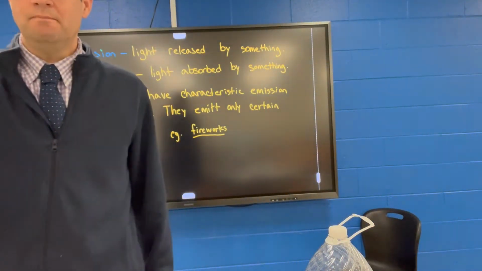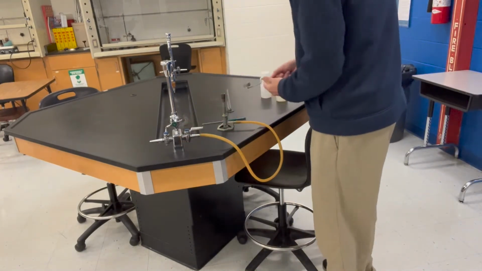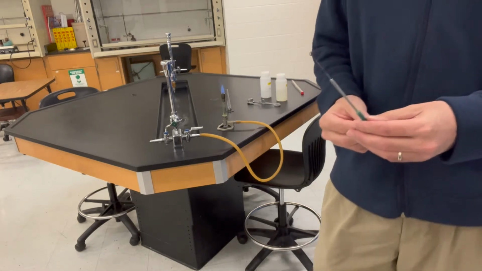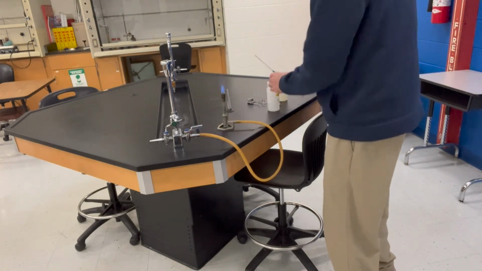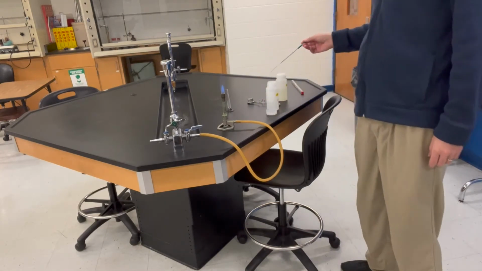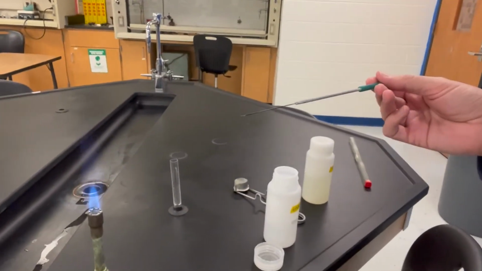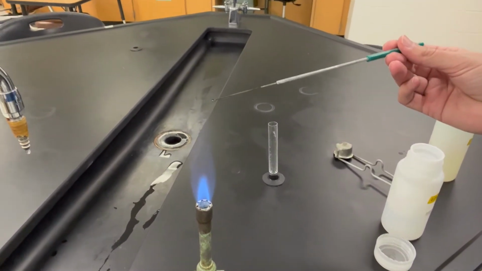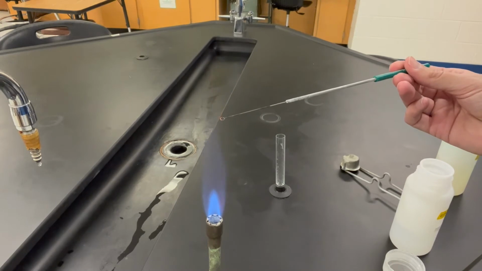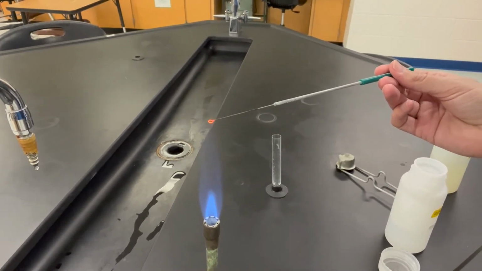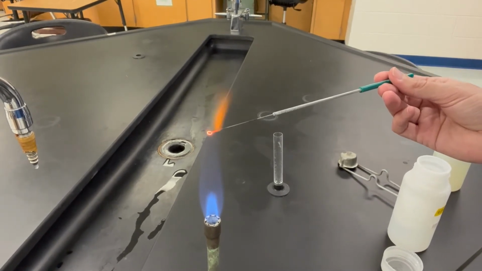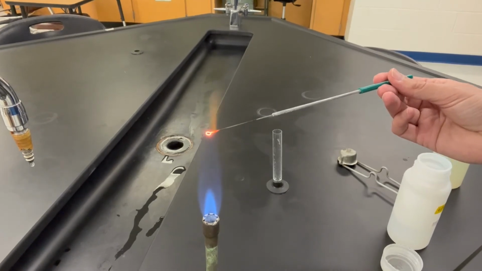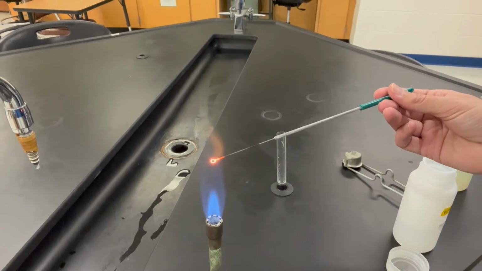Let me get my flame up here again. And this should be readily apparent even far away on the camera. So I'm going to dip this wire into one of these solutions here. I'm going to do barium here. And I'm going to observe the color, okay? Does everybody see a greenish color there? Looks a bit yellow on the camera. Okay, so